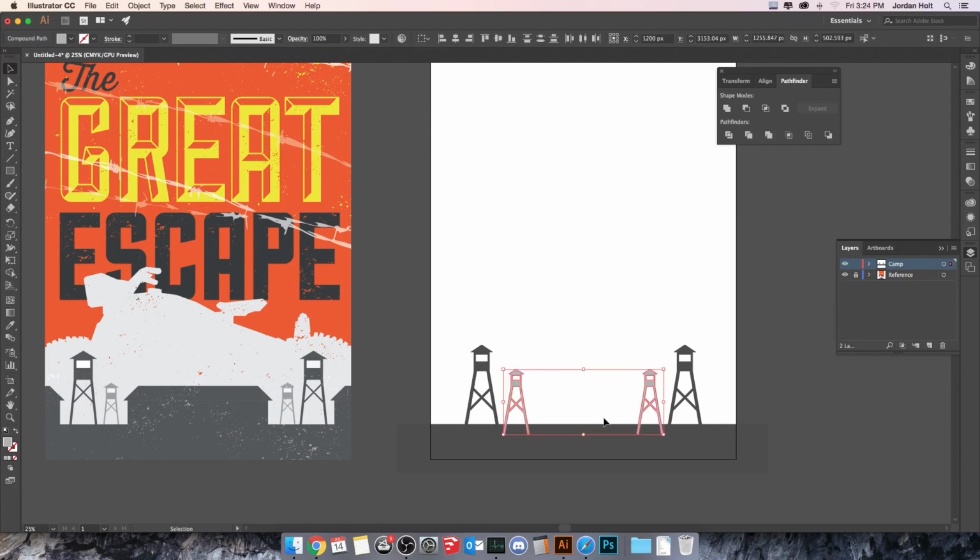Now obviously they're hanging over the front, so inside the camp layer, I'll just take those, both of them, and pull them down so that they're behind the ground plane. That will hide that part of the legs. And I'm going to take all of these,